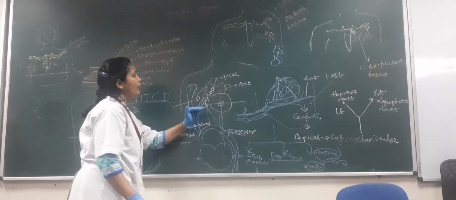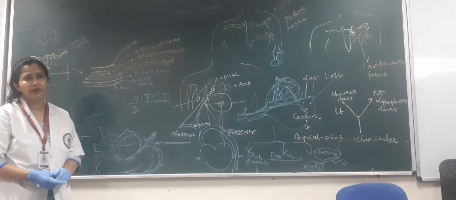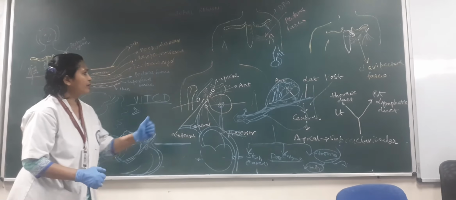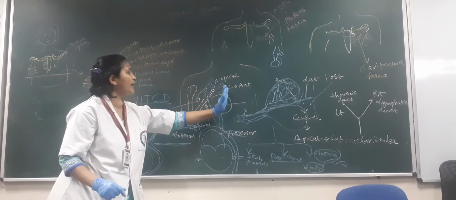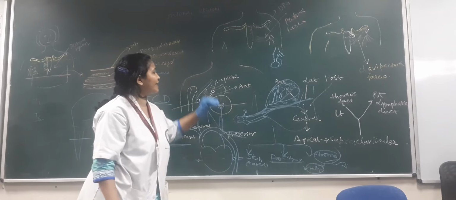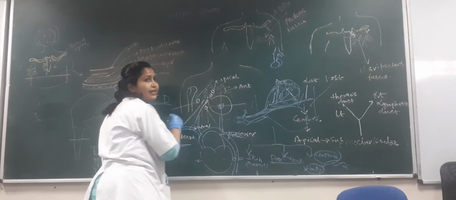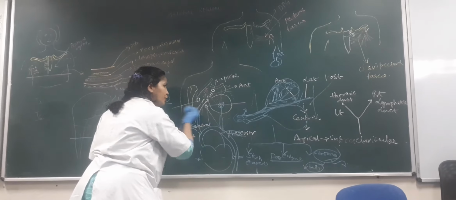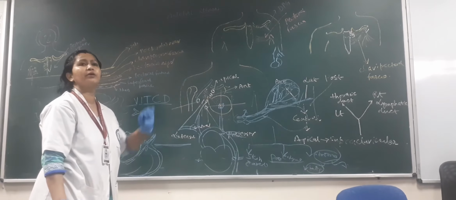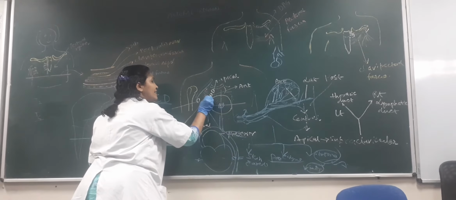So now coming to its arterial supply. Arterial supply of the breast or mammary gland. First we have to go for the extension. The vertical extension is from the second to sixth costal cartilage, and the horizontal extension is from the lateral aspect of the sternum up to the mid axillary line, and there is one axillary tail.